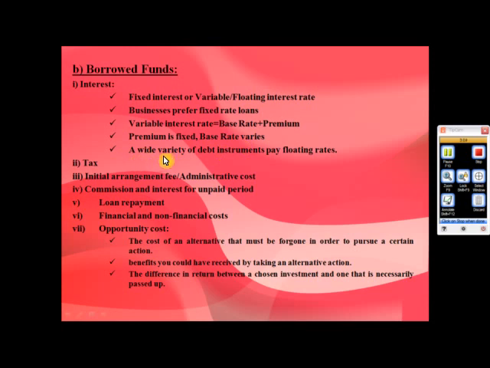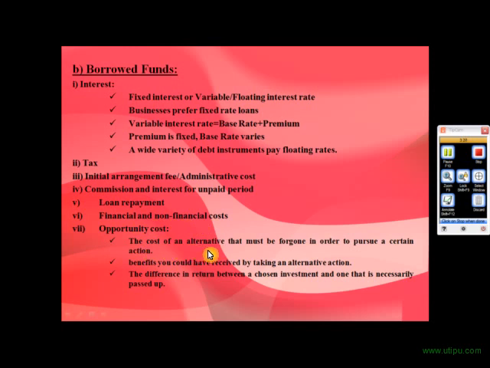There is a wide variety of debt instruments that pay floating rates. Tax, initial arrangement fee or administrative cost, commission and interest for a unique period, loan payments, financial and non-financial cost, opportunity cost,